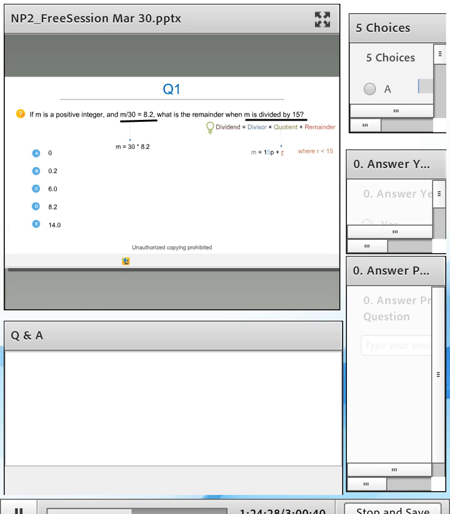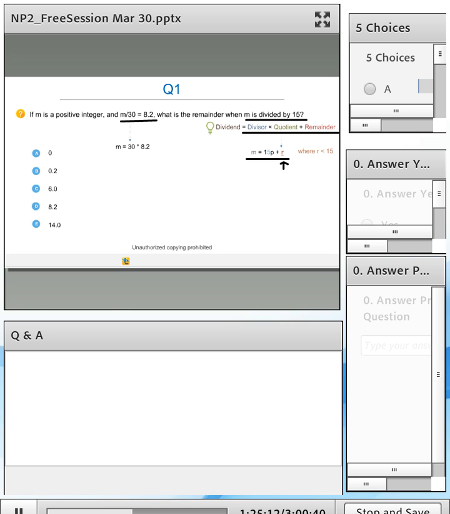Now, in the previous section, in the warm-up section, this equation was already in the form of divisor into quotient plus remainder. In this question, however, you have been given m as a product of two numbers. But our goal is to get this equation in the form of divisor into quotient plus remainder, and then compare the like terms so as to get the value of r. So you need to do a bit more processing to get to the same level, wherein you have two equations in which you compare the like terms and get to the answer.